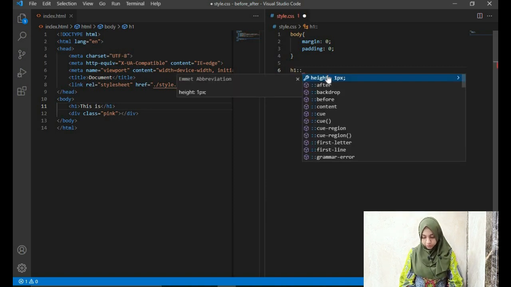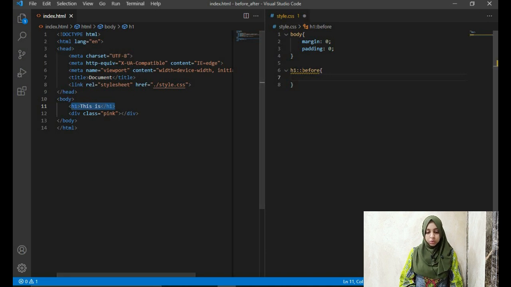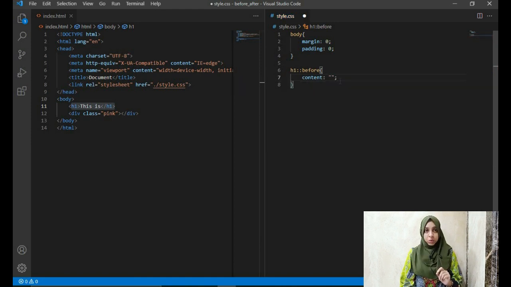Okay, so here for example we say before, what this line will do is, this is how you add your before selector. Okay, you use 2 colons. In the past 1 colon used to be enough, but after the CSS3 specifications it's a good practice to use 2 colons. All right, so yeah, okay, to add something before the element h1 over here, you can use the before selector. Okay, so let's add the content property. This is what is required, that is the content property, to add anything that you want before or after. Okay, if you don't call content, then whatever you do inside of your before or after, that won't be visible. Okay, so content is very important over here.